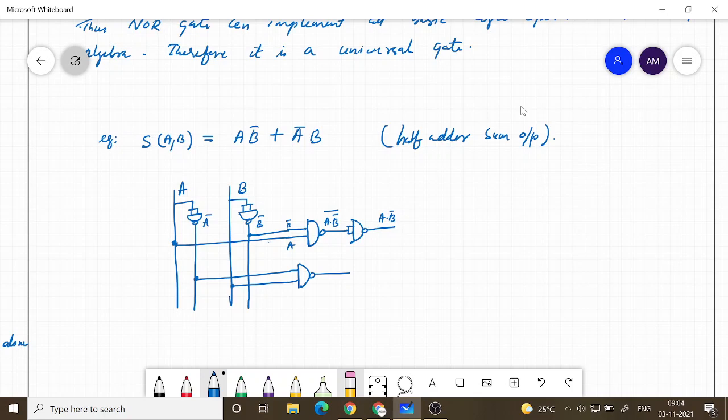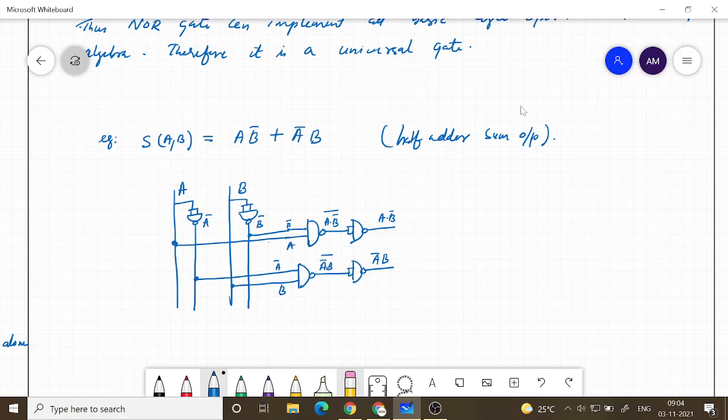So what will be here? So I have A bar and I have B, then I have (A bar B) the whole bar. So if I invert this, I will have A bar B.